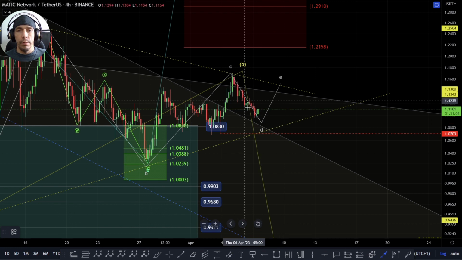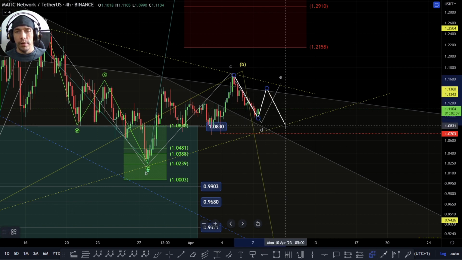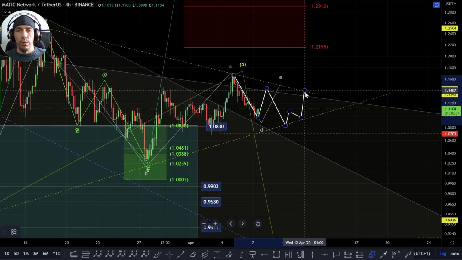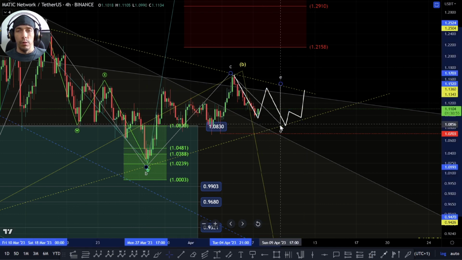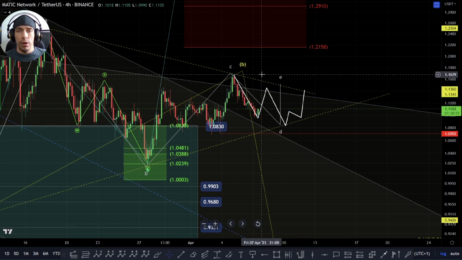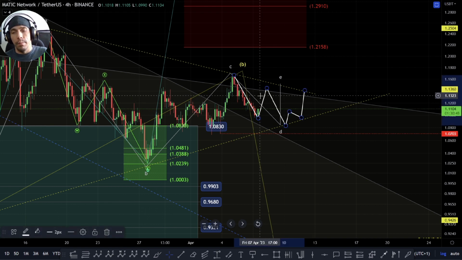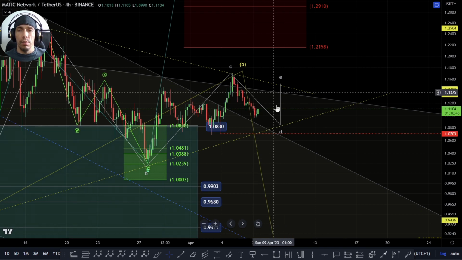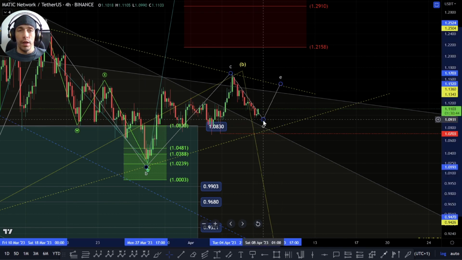I wouldn't really want to say it's completed there. I'd say that it's probably more likely that we have another leg where we get something like this A, B, C, and then look for another 3-wave move up for this E wave, and then look to reject. So the key thing here is if we're looking at a triangle, we can't move above this 116, and then basically what we'd want to see is a 3-wave move up, get a rejection off this E, and then